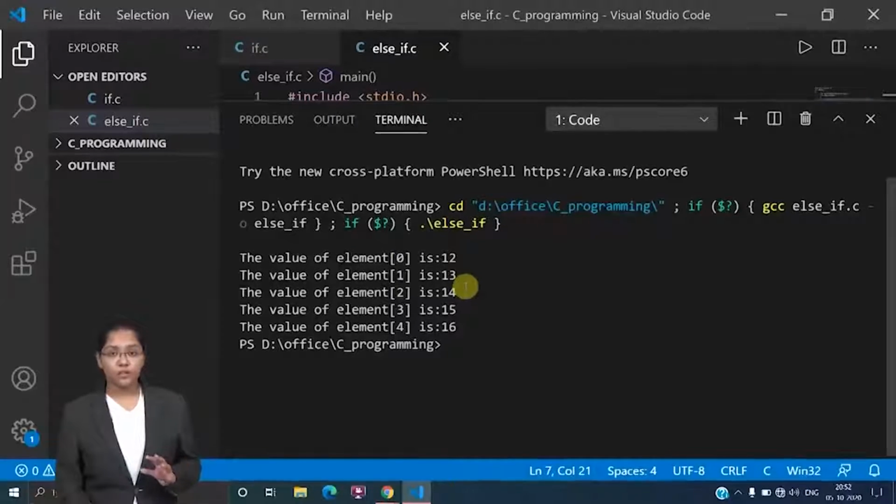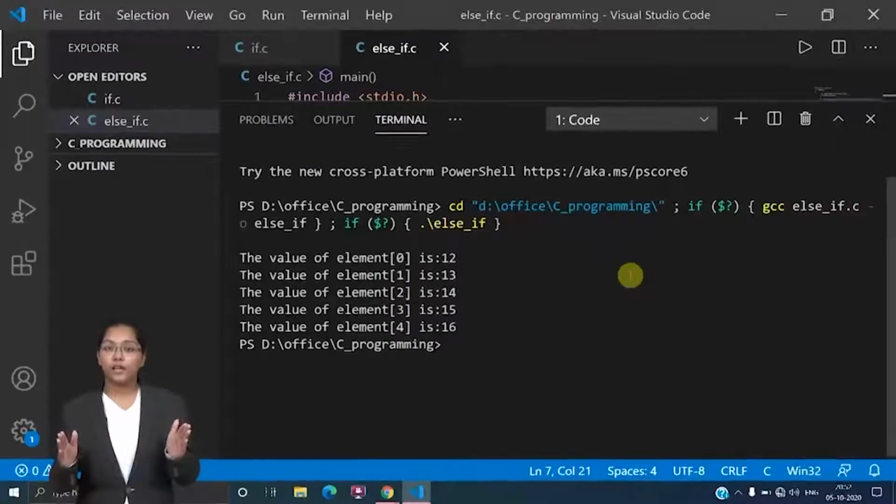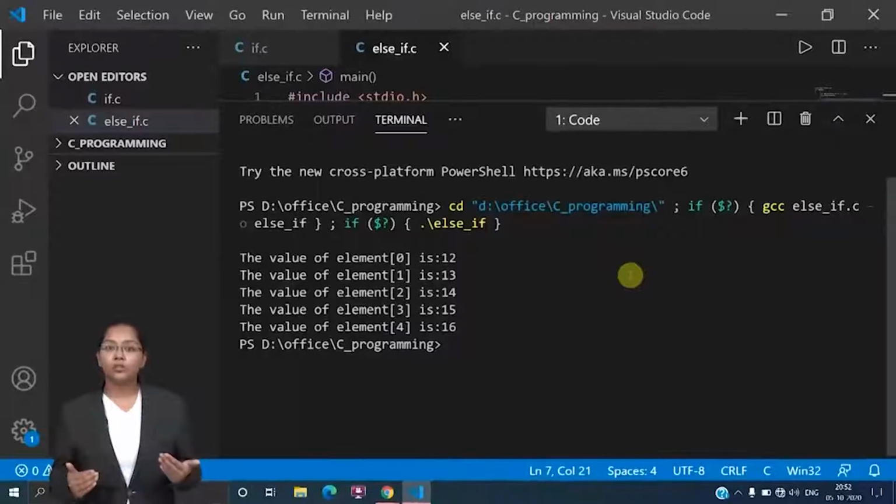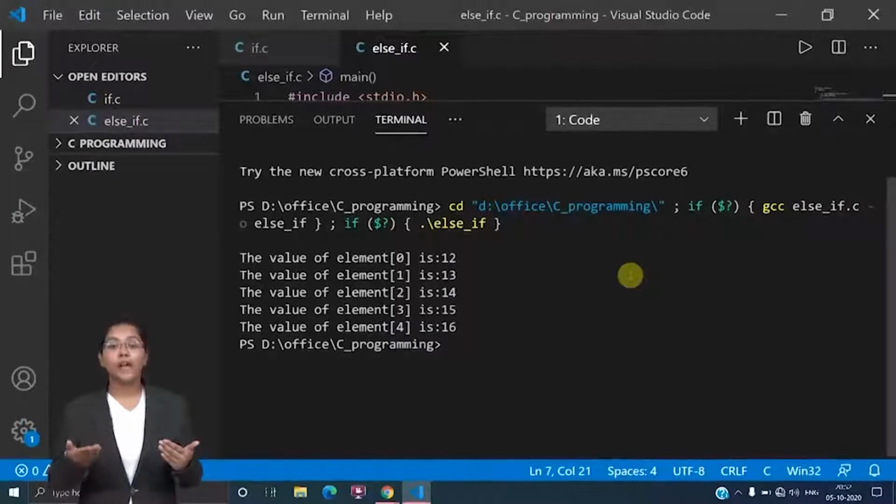This is what I needed. You can see the index values from 0 to 4, and all the values from 12 to 16 that I gave to my array are printed properly. So this is how you can specify your array, print it, and work with arrays in the C programming language.